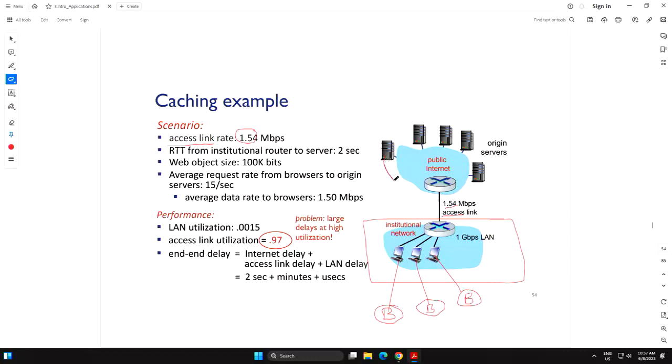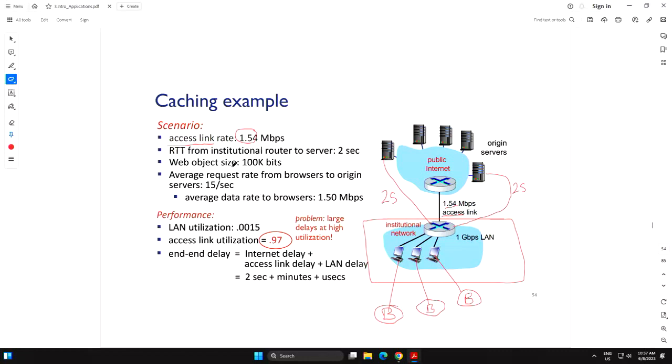So this would take you 2 seconds. Okay, so these are just assumptions. These are just some numbers. Don't worry, it may be far away. So for simplicity, for any origin server in the internet, you experience a delay of 2 seconds.